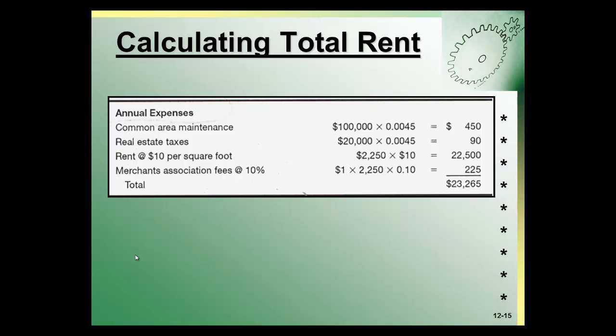Now, this example shows a baseline calculation of annual rent expense for a single commercial location. The landlord will expect that the tenants pay for maintenance of the common areas. Even though the commercial tenant does not own the property, the landlord will still expect the tenant to pay the real estate taxes. And this amount is not included in the rent. That is a separate figure.